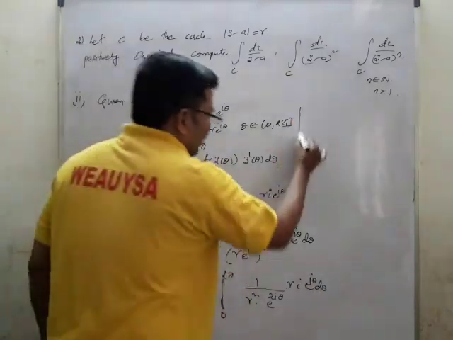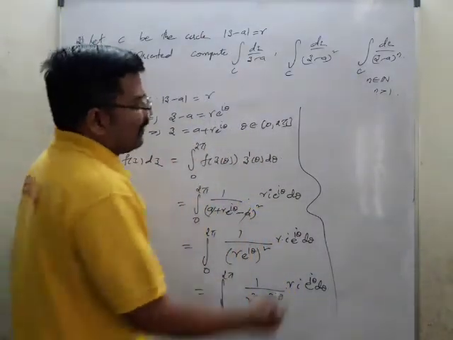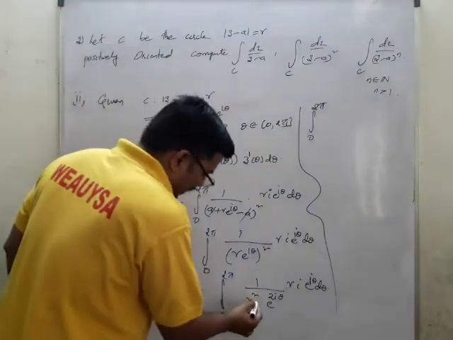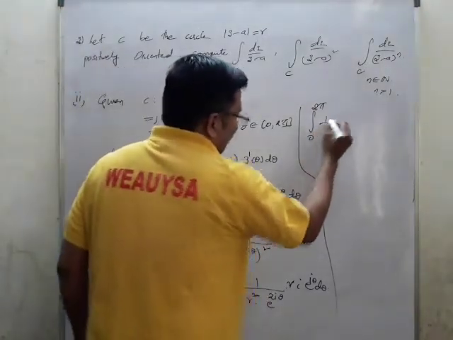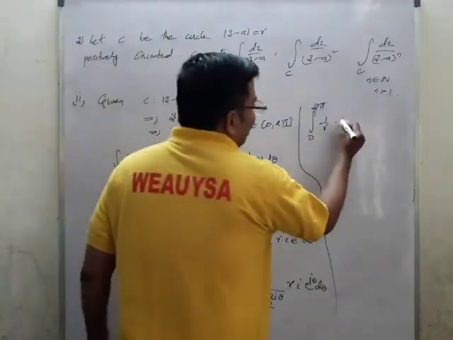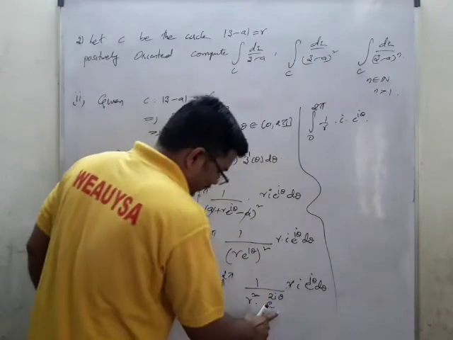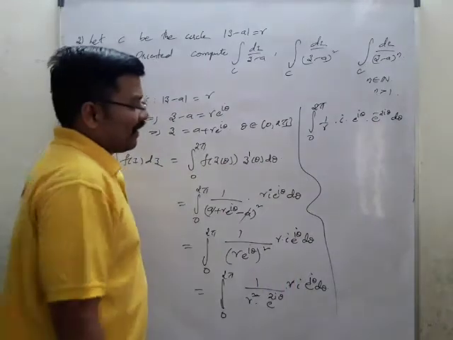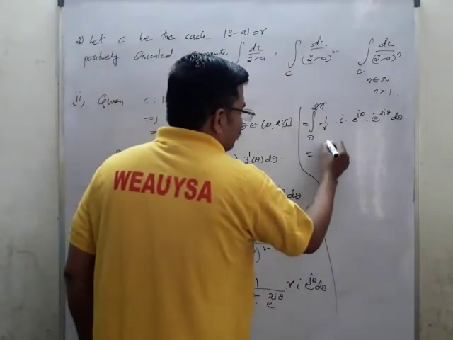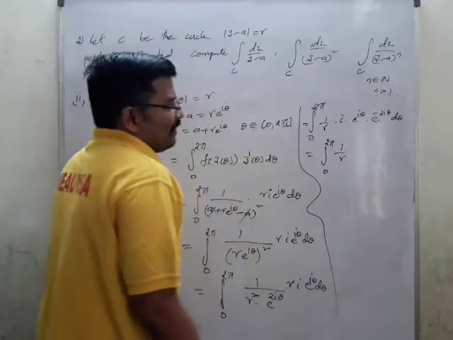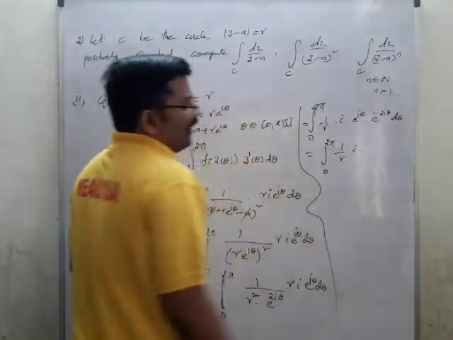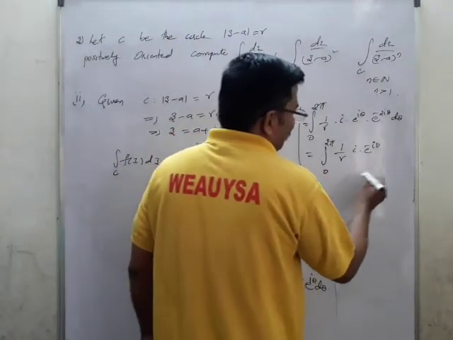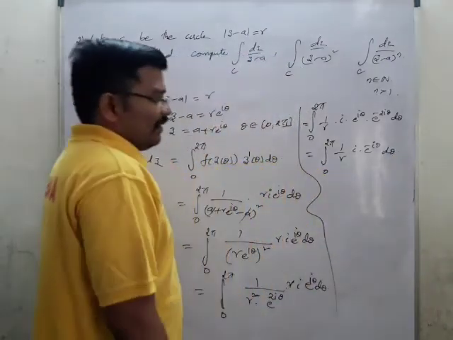Okay, so what I'll do is I'll take it to the numerator, integral 0 to 2 pi. Okay, r square, I'll adjust, r and r gets cancelled. You will be getting 1 by r. Okay, so i into e power i theta into this one e power minus 2 i theta d theta you'll get. Okay, so that is equal to integral 0 to 2 pi 1 by r. So you'll be getting i into e power minus 2 i theta plus i theta, you'll be getting e power minus i theta d theta. Okay, like this you'll get.